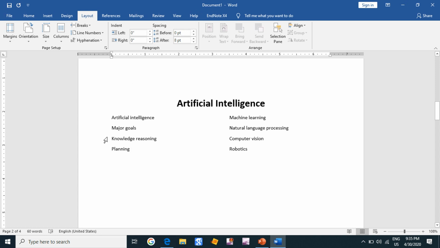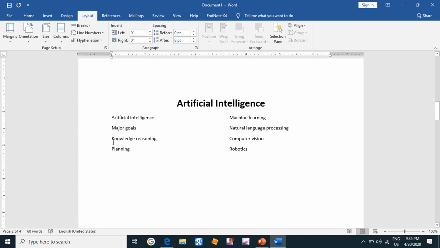So now I wanna show you guys the use of breaks. What are breaks? Does anyone of you know? And if you don't, I am here to tell you, boys. Once you've created columns, the text will automatically flow from one column to the next, like here we did. But sometimes you might want to control exactly where each column begins, and you can do this pretty easily by creating breaks.